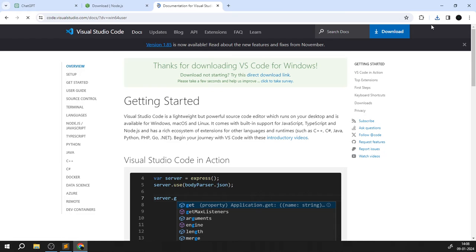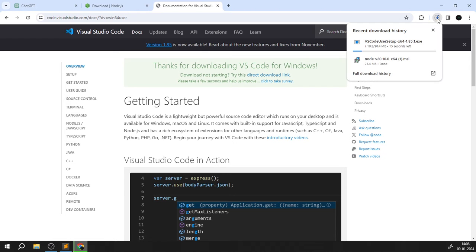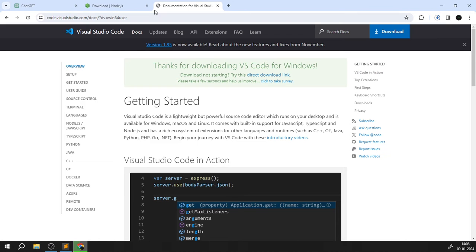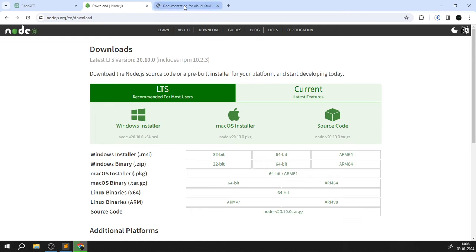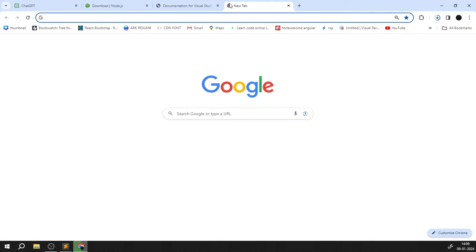So once you click, the download will automatically start here. Once it is finished, just open it and click next and install. It's a very simple process, nothing to worry about. So we have downloaded Node.js and Visual Studio Code, and we need to download Python